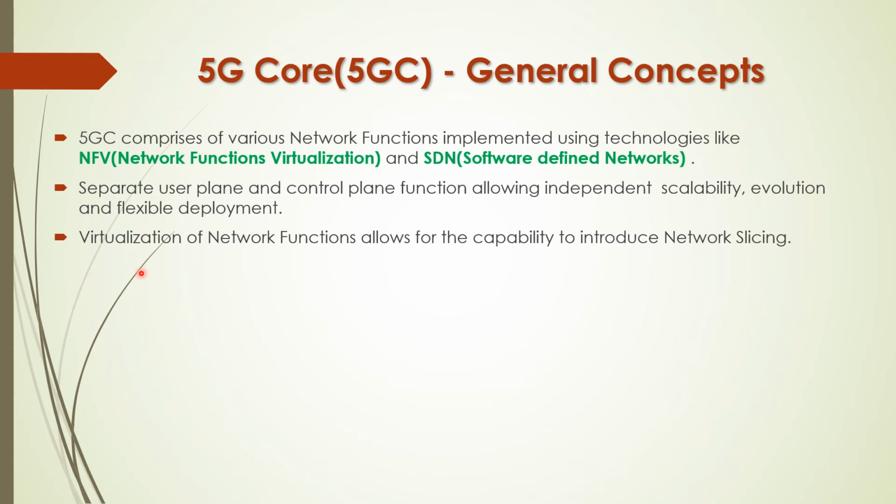The next important feature of the 5G network is that it allows for network slicing, which means that for various services we can provide network slices. So we can slice our network. That means we can create various instances of one single network function for different services. This capability is called network slicing. Because our network is virtualized, we can create various instances of the same network functions, because of which we can introduce this functionality called network slicing.